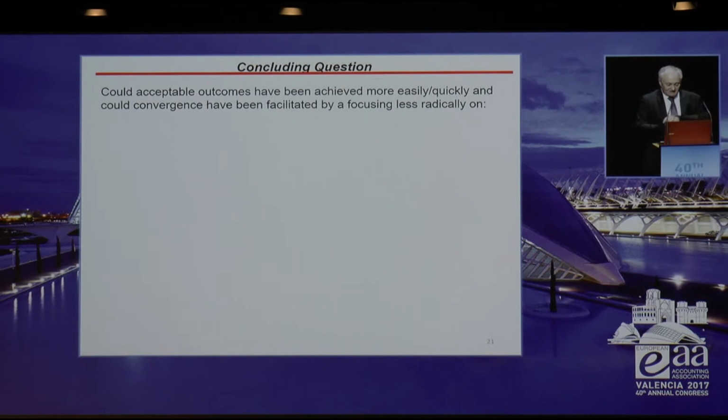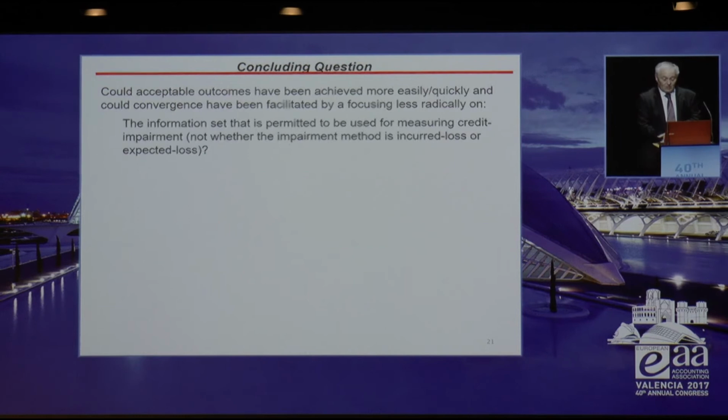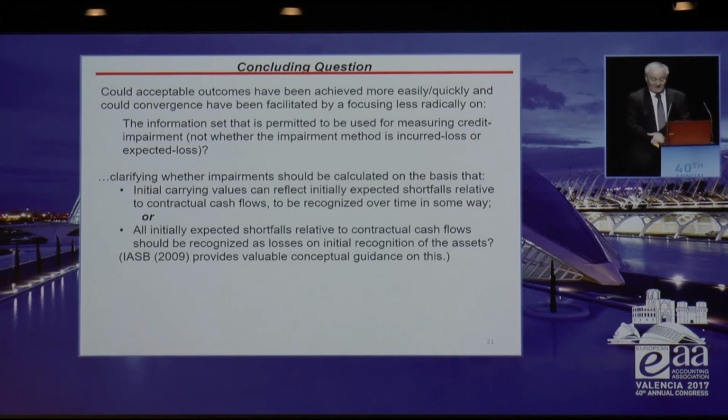This whole process leads to a sort of concluding question: could acceptable outcomes in accounting for credit losses have been achieved more easily and more quickly? And could convergence, which hasn't been achieved, between IASB and FASB have been facilitated by focusing less radically on the information set that is permitted to be used for measuring credit impairment, not whether the impairment method is incurred loss or expected credit loss, and meanwhile